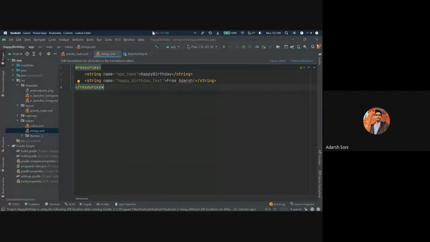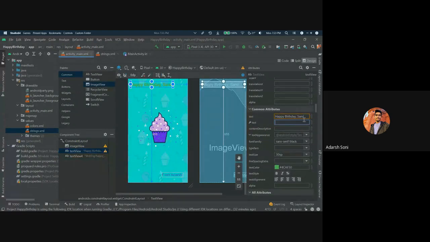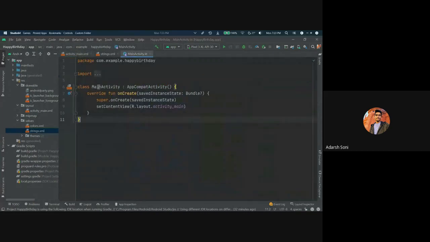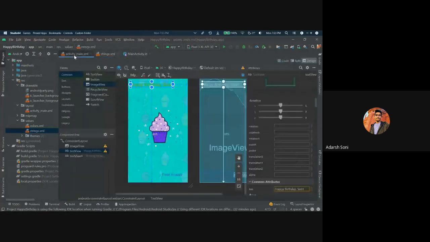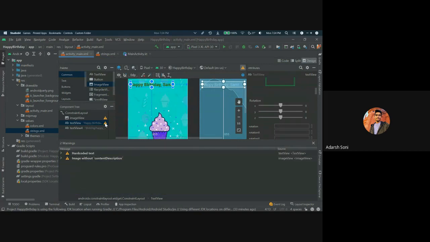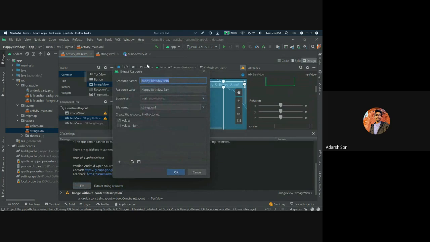We will follow the same steps for the other text view also. We will click on this triangle and fix it by extracting the resource. In the resource name, we will name it signature text.